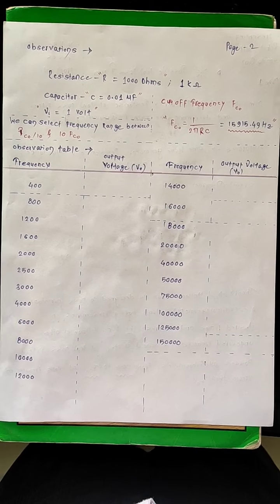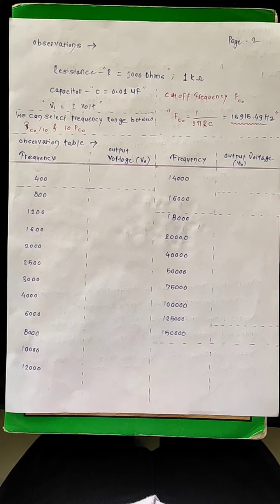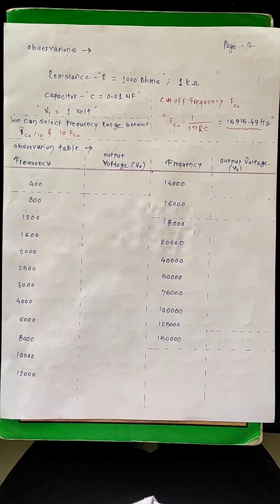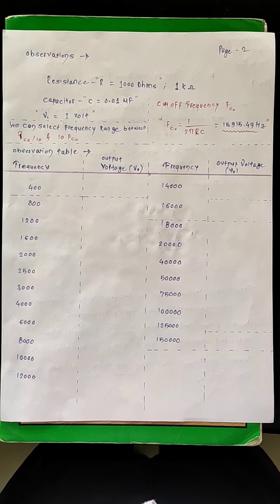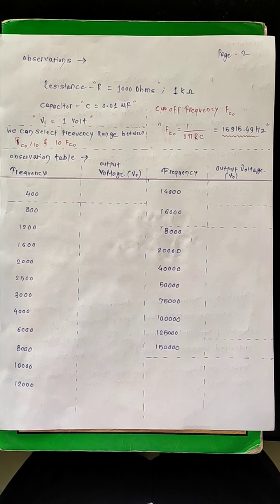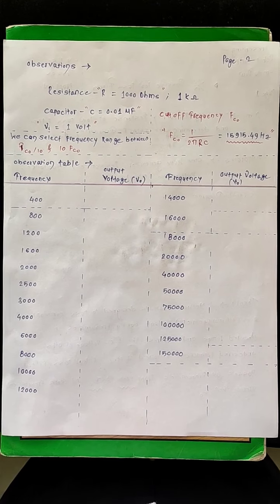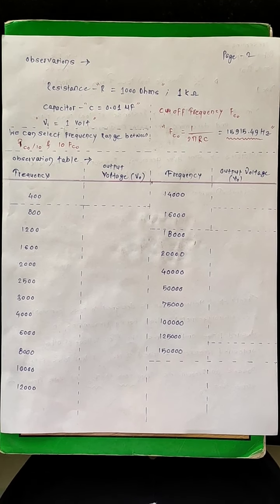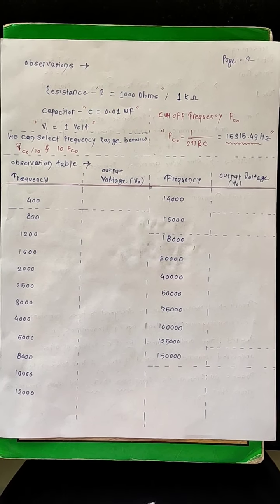So we have selected a range of frequencies, from cutoff frequency divided by 10 to 10 times the cutoff frequency. So for example, our cutoff frequency is 15,915, that is approximately 16,000. So what have we chosen? We have chosen 16,000 by 10, that is 1600, and we can go above to 160,000, right? So we have chosen to start with 400, and we are going to end at 150,000.